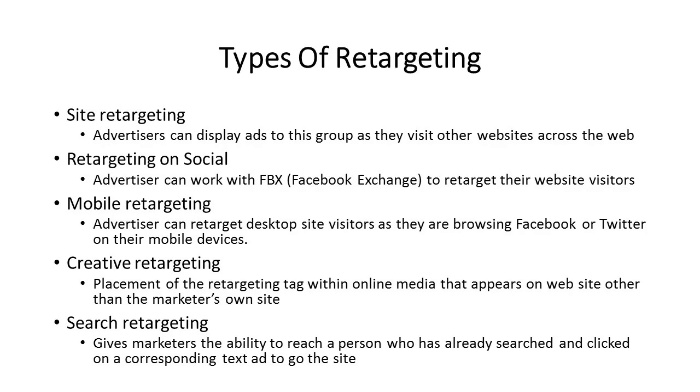Creative retargeting. Creative retargeting, another method of retargeting, is the placement of the retargeting tag within online media that appears on a website other than the marketer's own site. A cookie can then be placed in the browser's cache of a visitor who is served flash creative or clicks on a standard banner that will identify that person when visiting other sites within the advertising network at a later time. Also known as fourth-party tagging, marketers can use creative running on expensive contextual sites to enable them to reach these same visitors again with future messages or exclude them as they visit other sites.